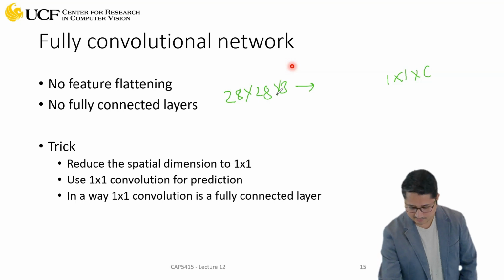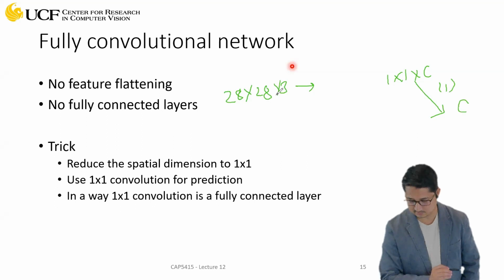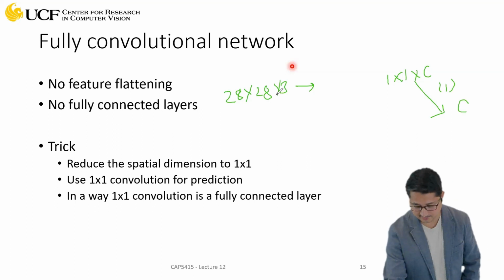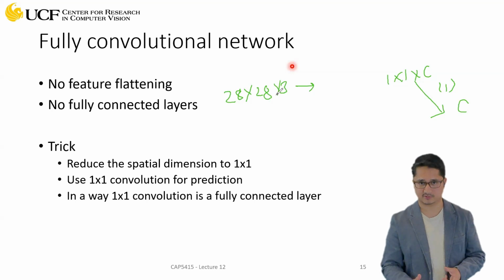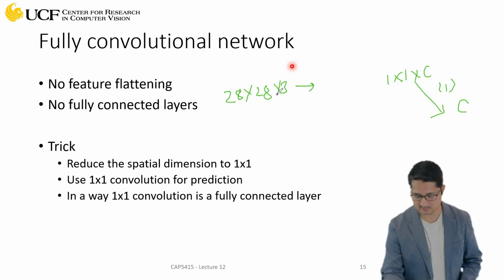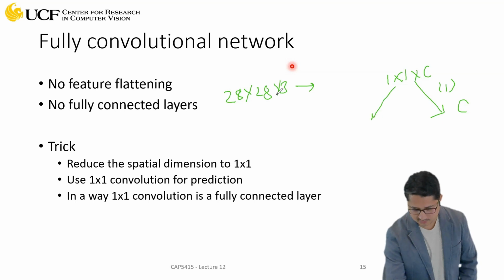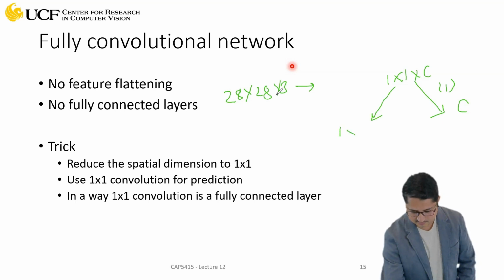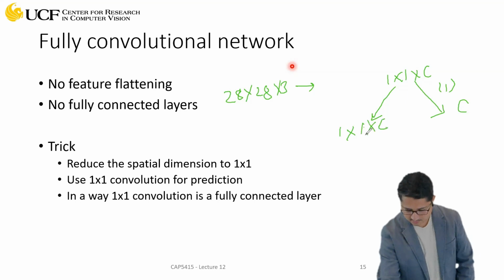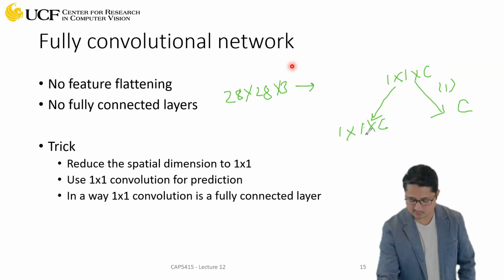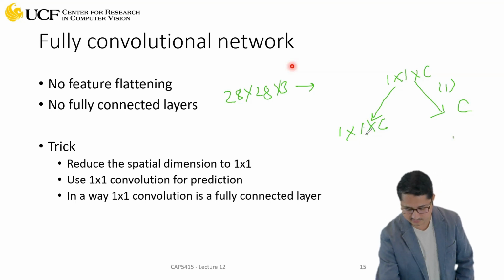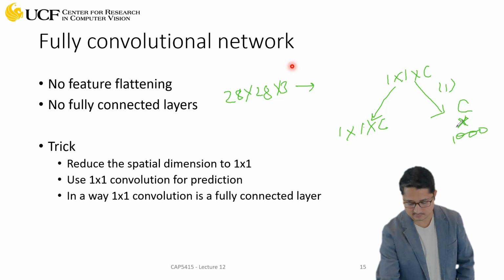Then what will happen if you try to flatten this? So this is one way. Then you will get C features out of this, right? That's what flattening does. It just takes all the activation values and creates a linear vector. The second way could be you don't flatten and you still have 1 cross 1 cross C. Now you have C values, and let's say you want to add a fully connected layer to make 1,000 predictions. So you will have 1,000 different neurons, and you will have 1,000 times C weights here,